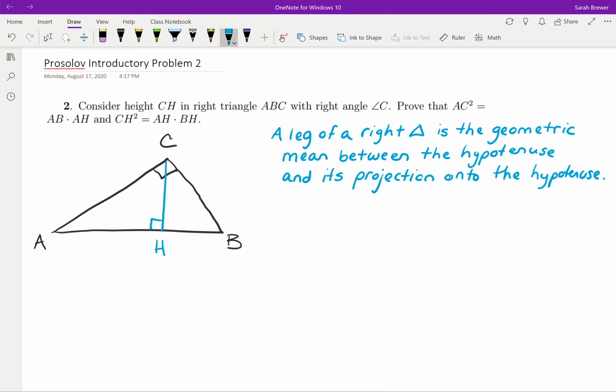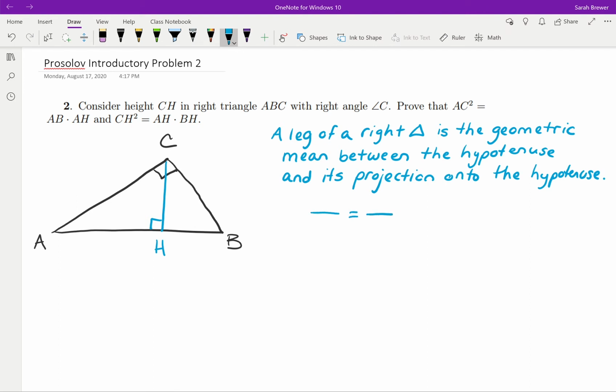And so in this particular problem, the leg we're referring to would be AC, the hypotenuse would be AB, and the projection of AC onto AB is AH. And so that gives us,